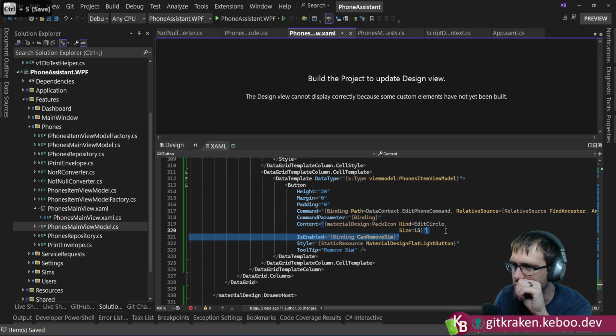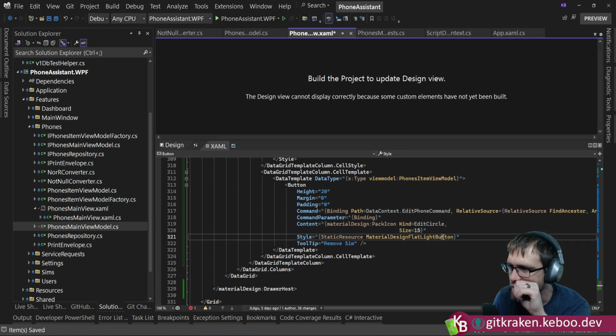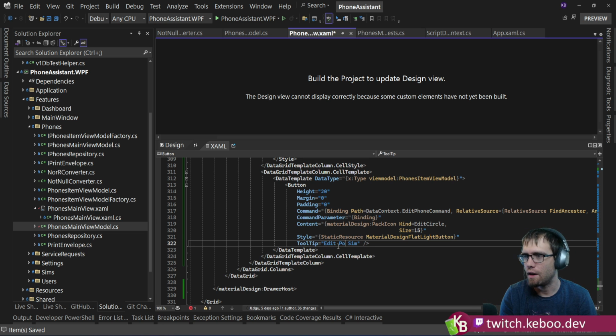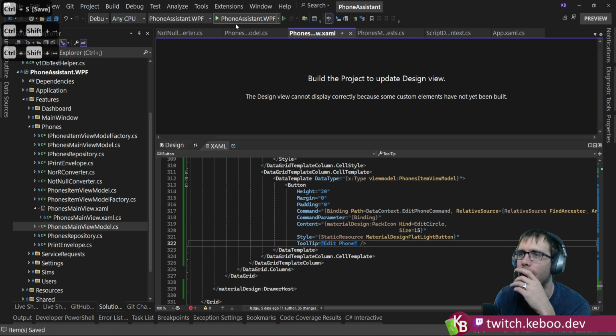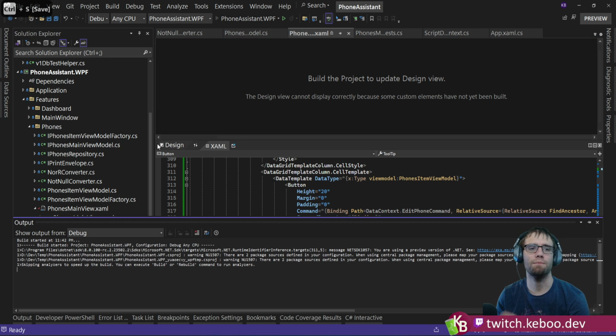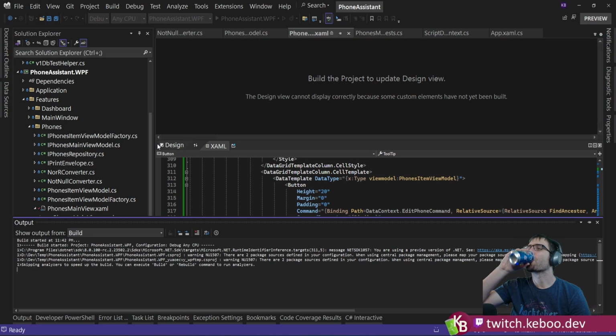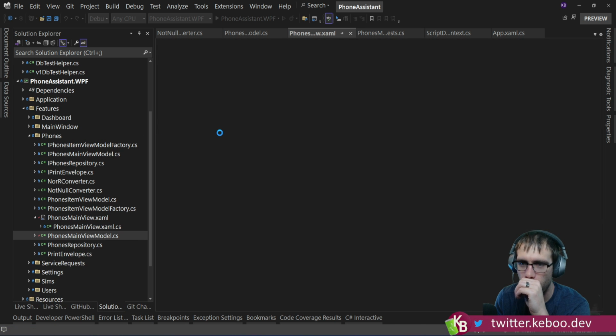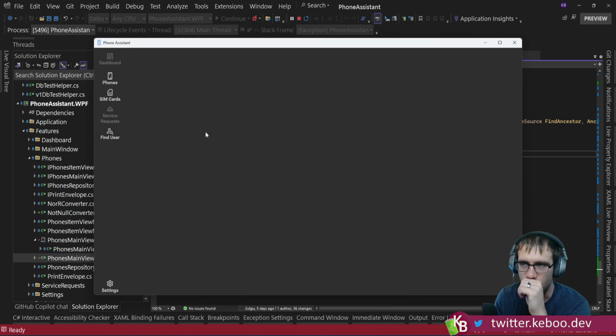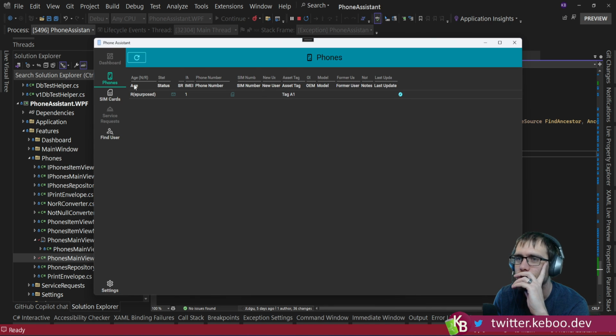Is enabled, we don't need because we have a command. That's fine, and we're going to change this to edit phone. Something like that. See if it works. Okay, so we go to phones now. We've got one item here. We've got a little button. When we click it,